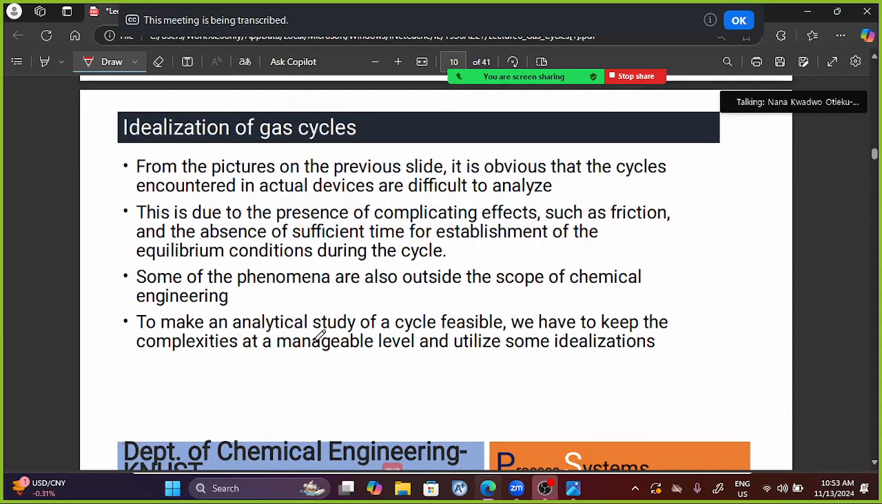When we come to some of these systems, they are a bit complex when it comes to analyzing them, and this is because there are a lot of effects that we need to consider, like friction and the absence of enough time for equilibrium to be established during the cycle. So it makes it very difficult to properly analyze the system. So what we do is we make some assumptions, and we take some things to be ideal cases so that we can do our calculations on them,